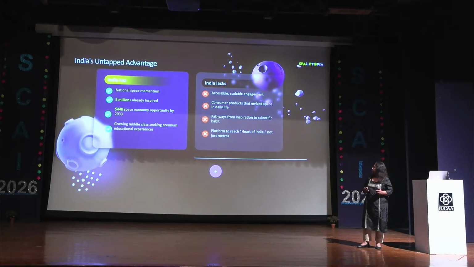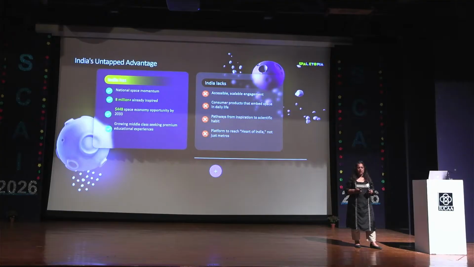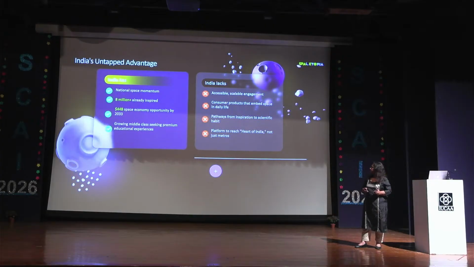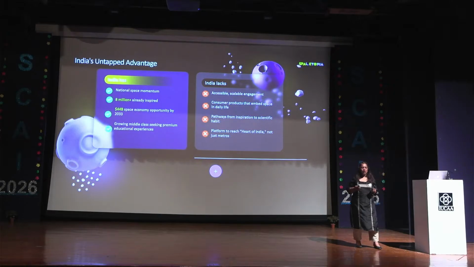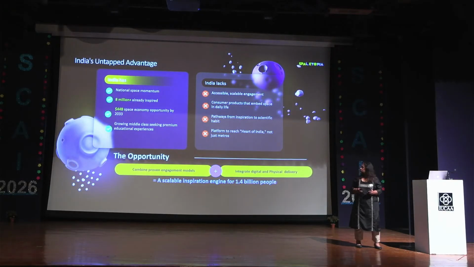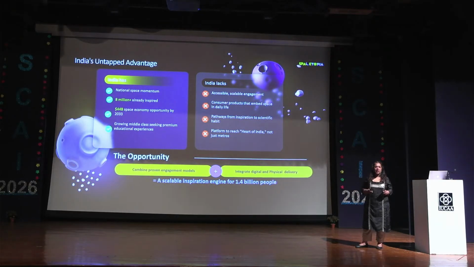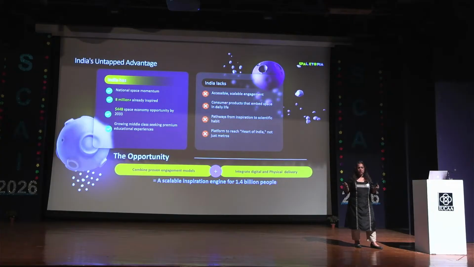But we don't have all the sessions we talked about today in astronomy education. Do we have a way to scale it? Do we have a way to get it out to everywhere in the country? And also make it a pathway where students will access regularly. And of course, we are working mostly from Delhi and in Bangalore and in Hyderabad. But can we scale this so it goes everywhere and not just the heartland? So based on these concepts of how do we scale it, how do we provide ways for teachers who are not trained to take this forward, and how do we make it a daily habit,